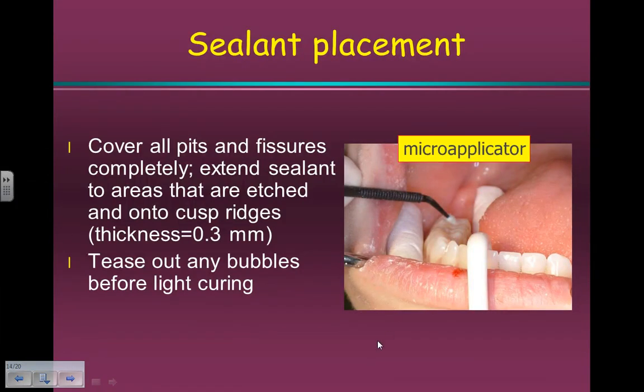We then place the sealants either using a microapplicator or we can apply it with a cannula depending upon the dispensing system of the sealant that you're using. In some cases we can place an adhesive first and air thin the adhesive. The organic solvent in the adhesive actually tends to chase any moisture that may be retained within the pit and